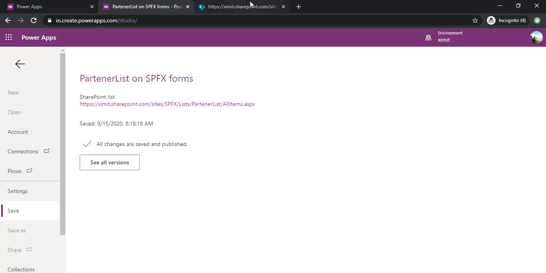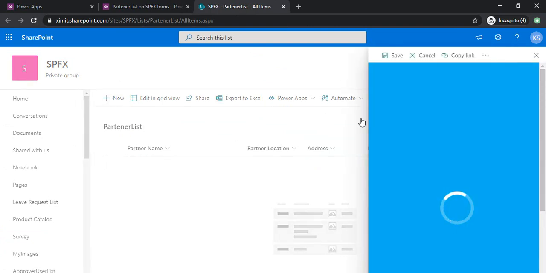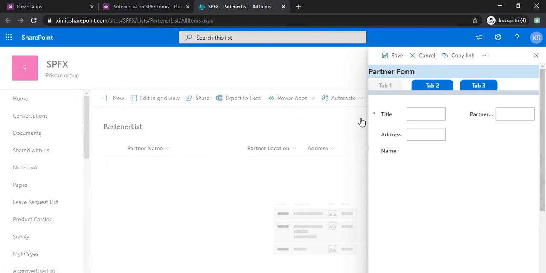I'm just opening that list, and I need to refresh the list, and if I click on new, it should load up that form. Yep, so now you can see we have this header, we have this tab 1 as disabled because by default the fields related to tab 1 are visible: title, partner name, address, all this.